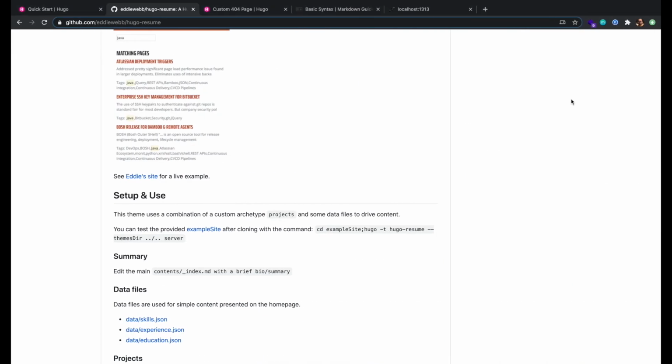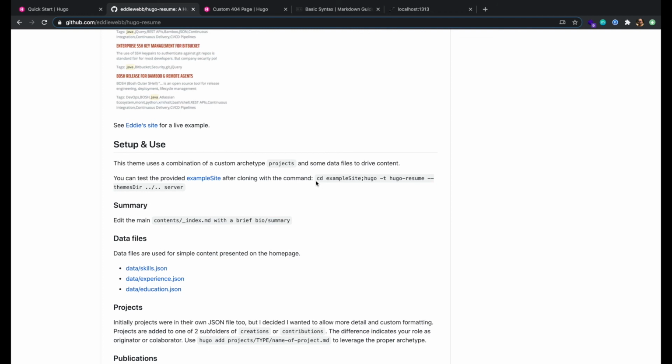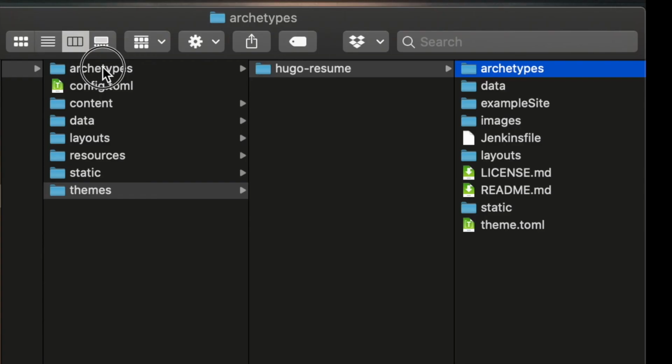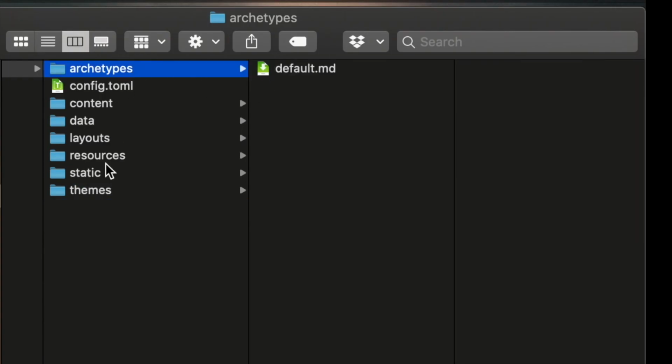Now let's go and see what instruction he is giving. So now it means there is a website, there is a particular folder in this theme and you have to run using this, right? So what I will do is, let's go to here, and as I can see, it has architecture type here also, and you saw the architecture type here also.